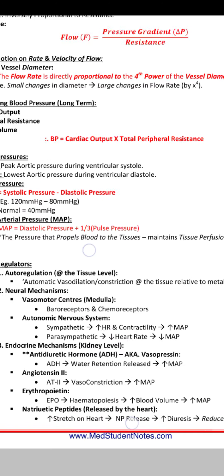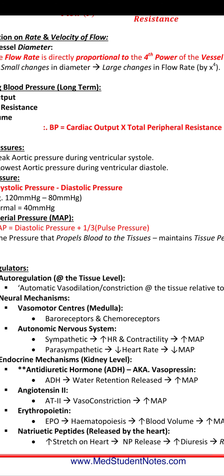So the third one, you can see the kidney level. It is the endocrine system. The kidney is an endocrine gland. So it is an endocrine mechanism at the kidney level. The first point we can see is antidiuretic hormone, which is also known as vasopressin. This is very important, we studied it in plus 1 and plus 2 classes. So the vasopressin, also known as antidiuretic hormone, ADH,